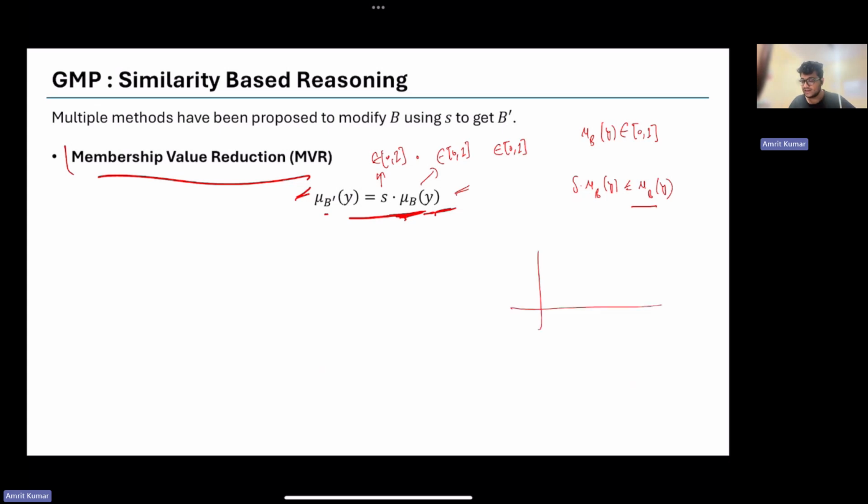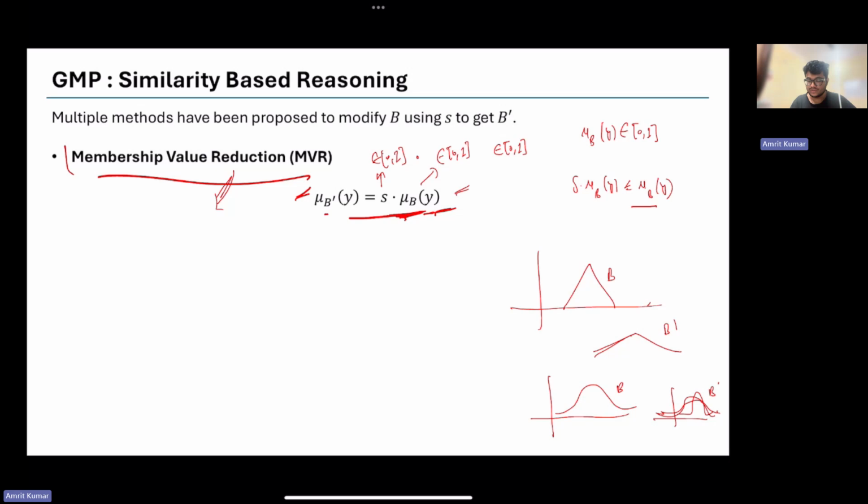So if our B was a triangular fuzzy set, S times B is going to be again a triangular fuzzy set. So it will probably look like this, B dash. If our B looked like this, B dash is going to look like this, right? Or maybe I think it will be elongated. So the point is